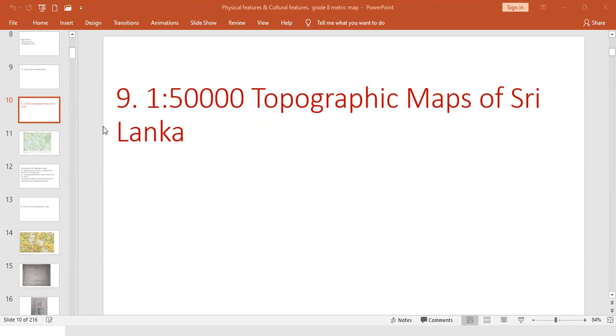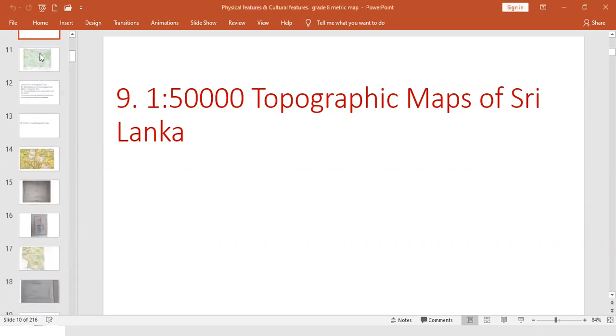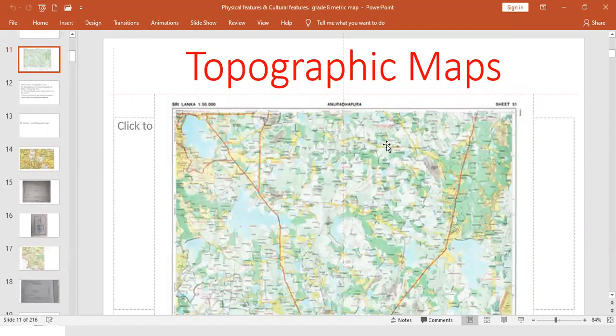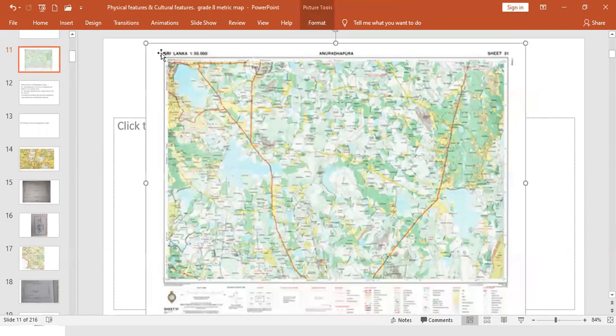A map is very important for a total study of the landscape of a particular area. You already studied about maps, basic features of metric maps and topographical maps and peripheral information of maps in grade 10. Can you remember them? We discussed the peripheral information of a map. This is the model of 1 to 50,000 topography maps. You should know this information also.